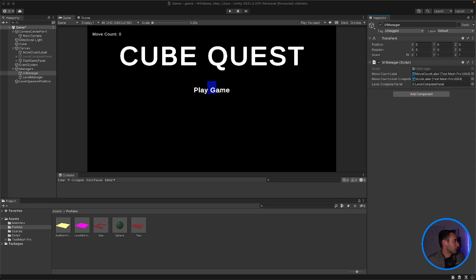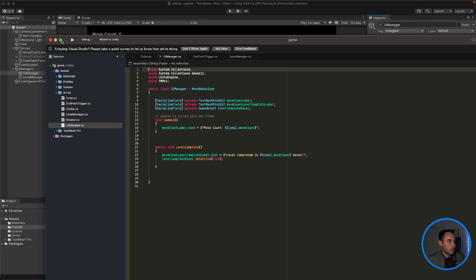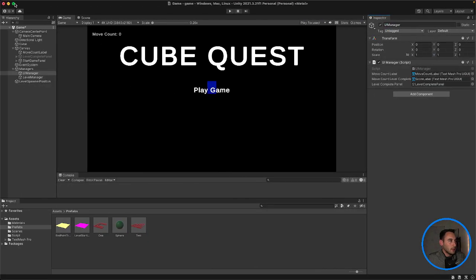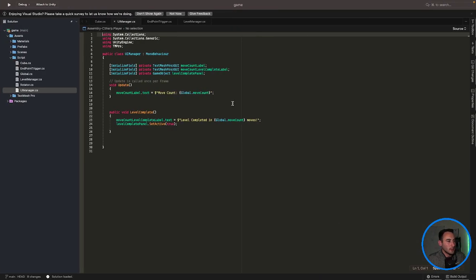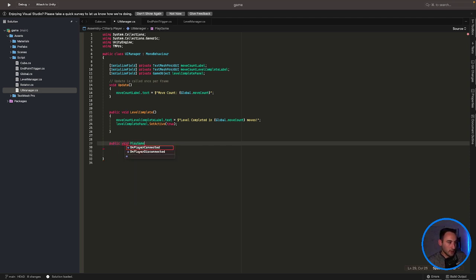If I drag this here, make these full screen so we can turn into each other. Okay, so here is our UI manager. So now we need a reference to a new method. So this is going to be a public, so we can access it with our button, and it's going to be public void. This is going to be play game. So this is going to be the method that zooms our camera into our first level